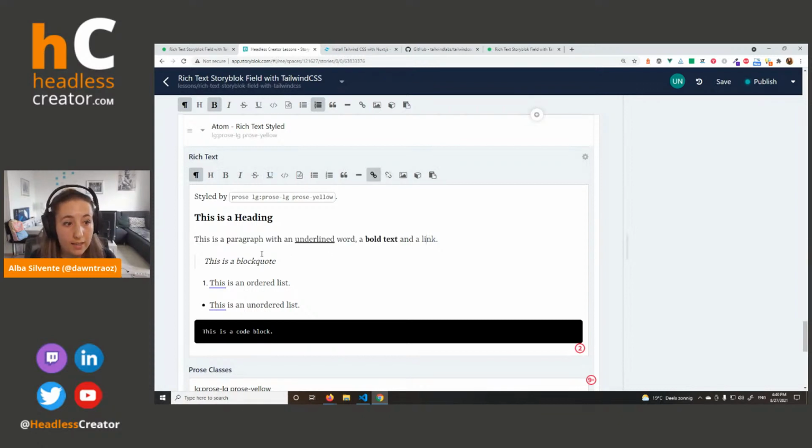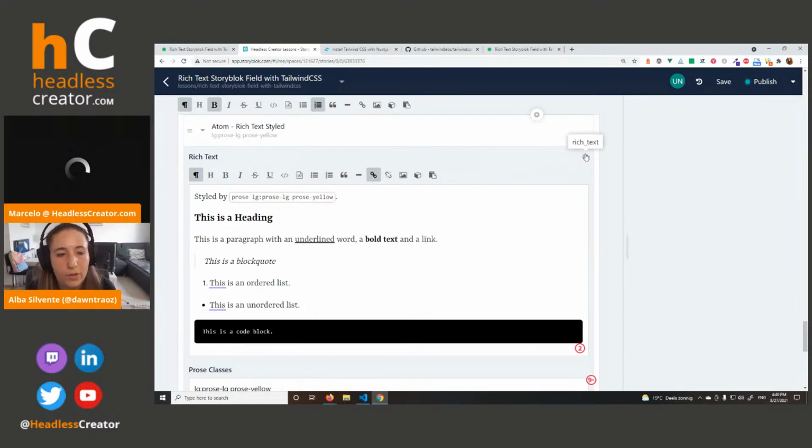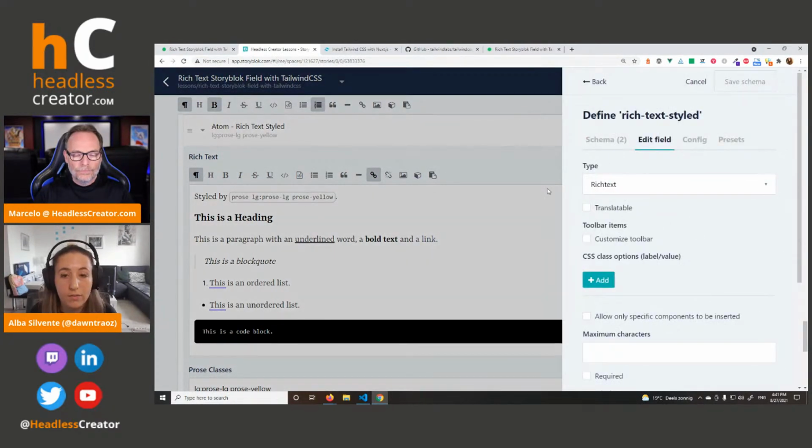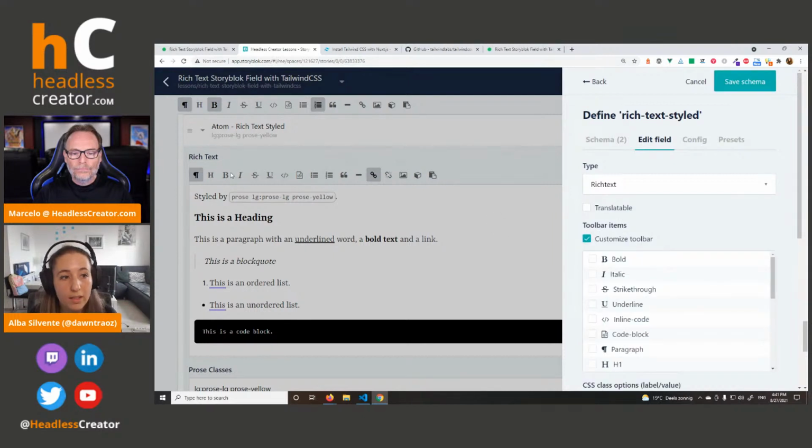And basically that's it. And for example, in this case, as we are in Storyblok, we have different elements that we will not have in any of the headless CMSs, unless they created their own. But basically, when you go to the configuration of the Rich Text field, you will see that you can customize the toolbar, the toolbar items that we were selecting before. We can select some of them and not so